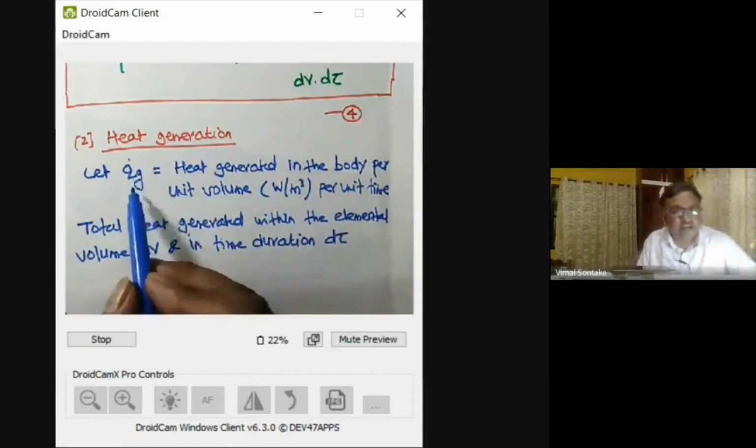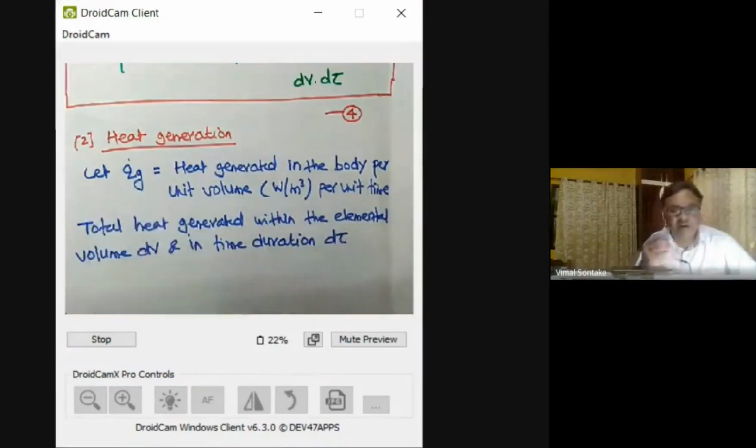This is the rate of heat generated per unit volume. Now I am interested in the amount of heat generated within the control volume per unit time. So capital QG